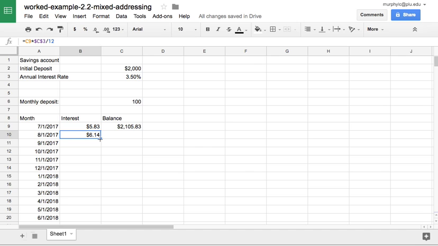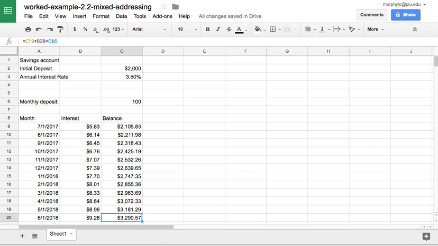And now this I should be able to copy down the column here. I'll do that in a second. Here, my current balance will be the previous balance plus the interest, and those are both relative, plus the monthly deposit, again, which is going to have an absolute row address. Okay. Now, these two cells I should be able to copy down to each month, and I'll see that if I save $100 a month, at the end of a year I'm going to have $3,200 saved for my